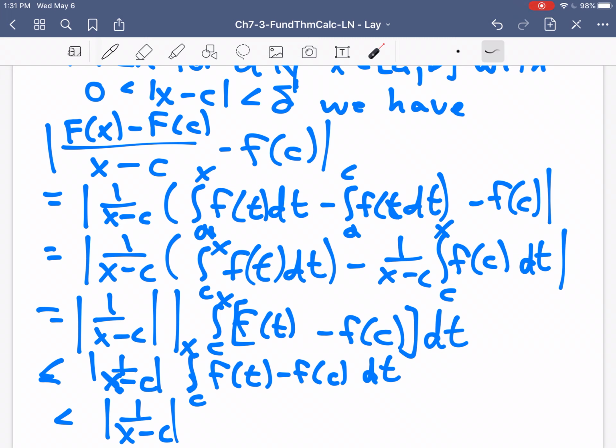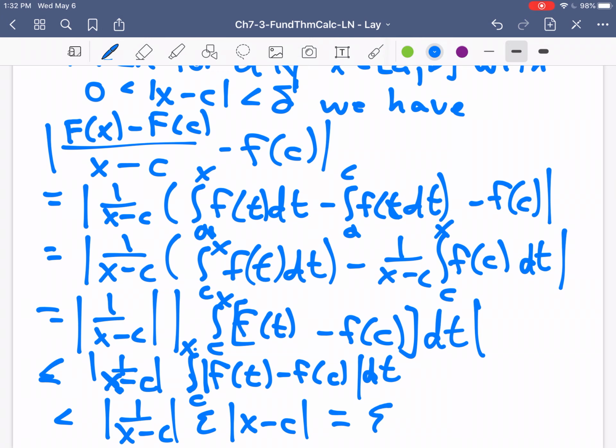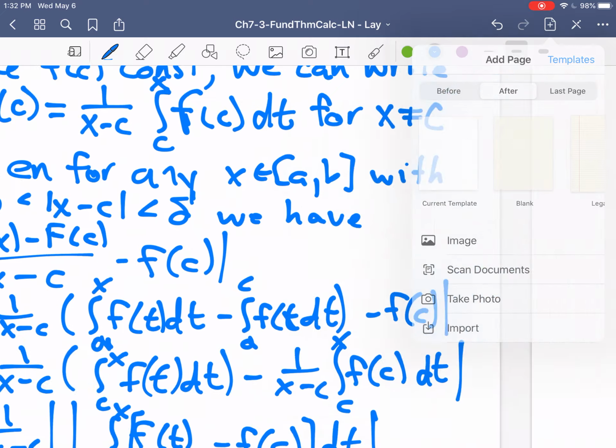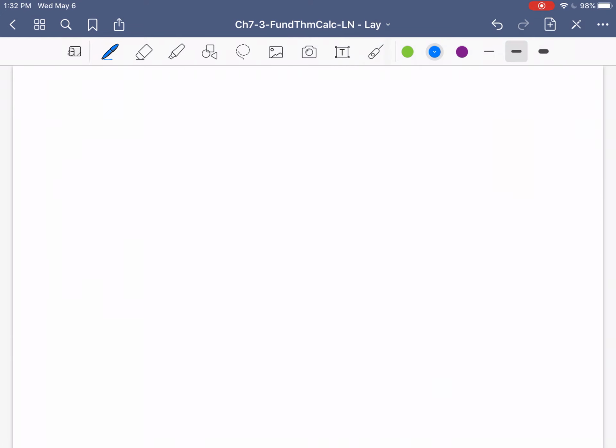I said drop the absolute value sign. That's not quite right. I meant bring the absolute value sign in, just as we did before. Made exactly the same verbal mistake. And so we get that this is less than the absolute value of 1 over x minus c times epsilon, and then the other stuff, when you take that x minus c, is what you are multiplying it by. And so that's going to cancel, and so this is epsilon. Therefore,